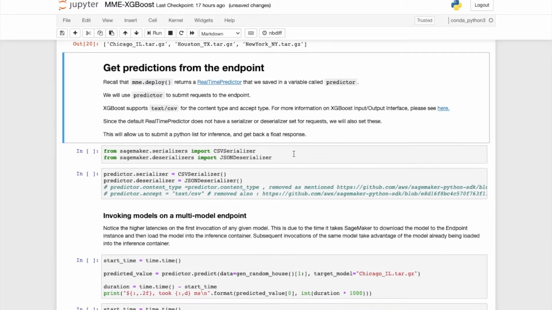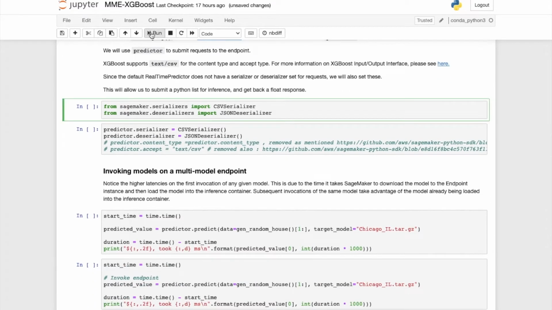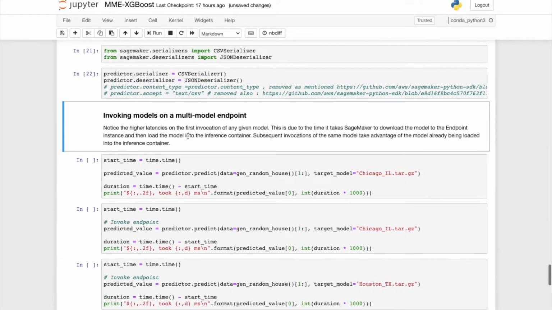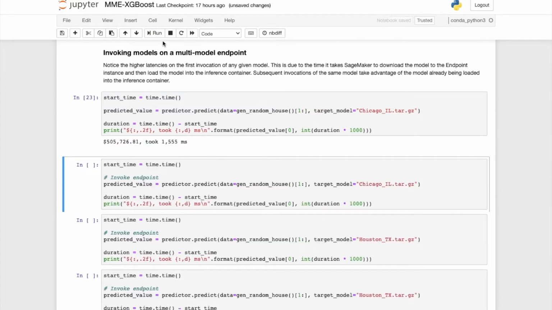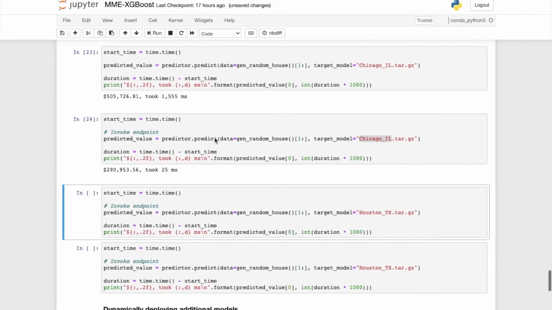So now we go ahead and make invocations to those models to get the predictions. The first one I'm going to invoke is the Chicago model. And I'm going to invoke it twice, just to show you the latency from the first and the second.